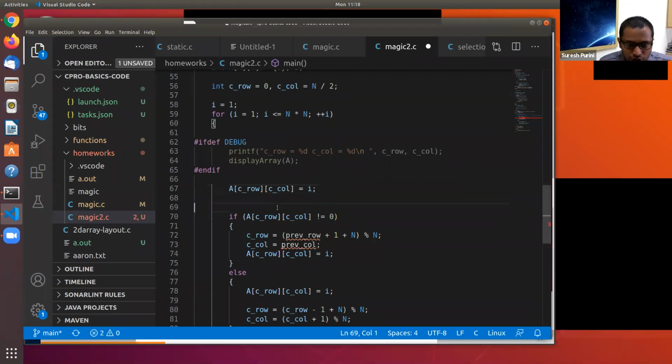After that, what we do is try to check what is the next, we try to go to the top left. So let's say next row is equal to,